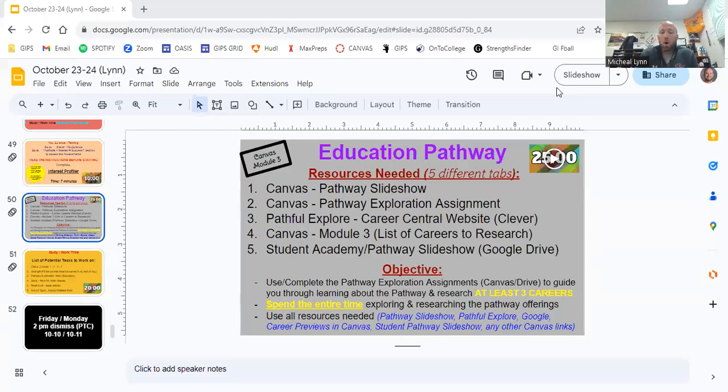Hi, class. So I want to walk through with you guys the different things that you are going to need to have open and the process that we are going to use to start exploring our different pathways here. Okay, so go ahead right now as I'm talking, get your Chromebooks open if they're not already. And the best that you can, just follow along with me as I get things opened up,